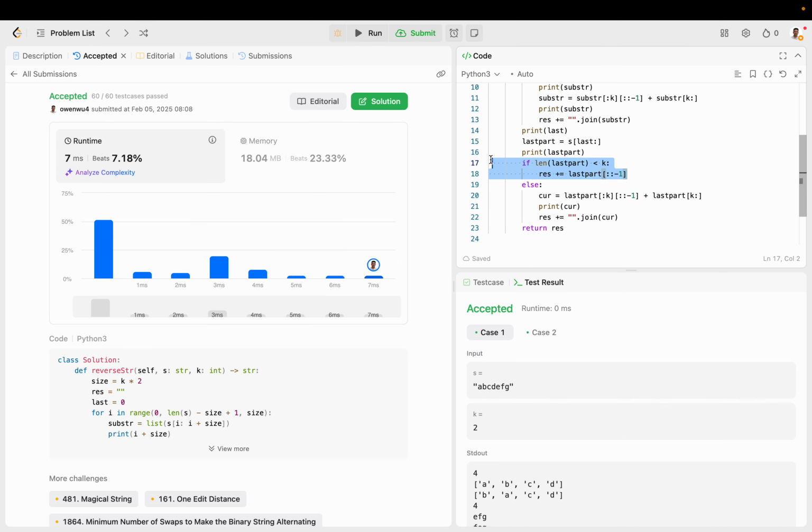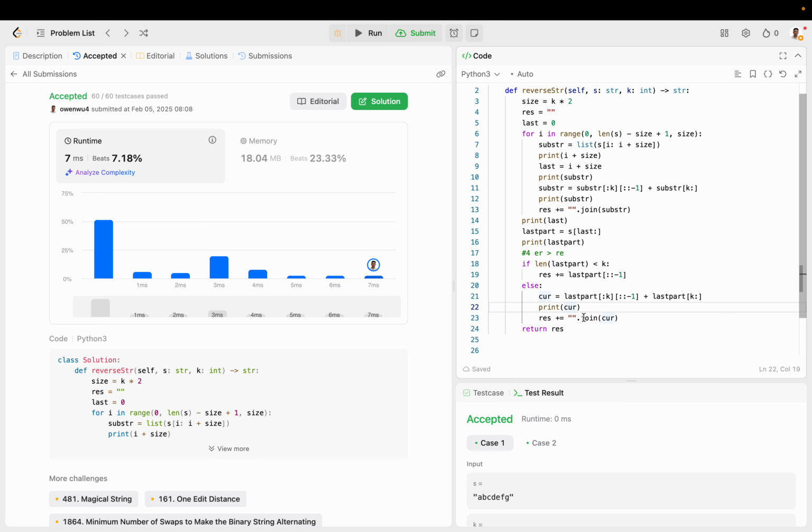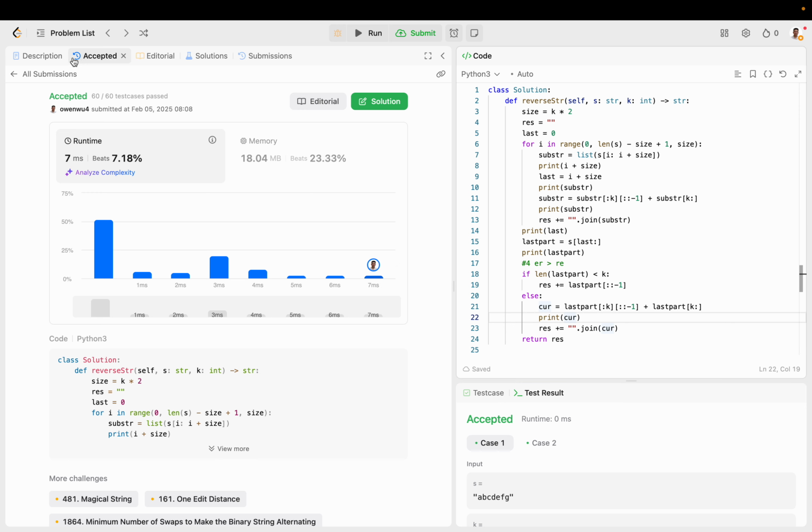So this is the edge case that I'm talking about. If, for example, k is 4 and we only have 2 characters left, then just reverse the whole thing and add it to the result. So, pretty standard sliding window problem, a little bit more tricky than standard easies, but I hope this video was helpful,